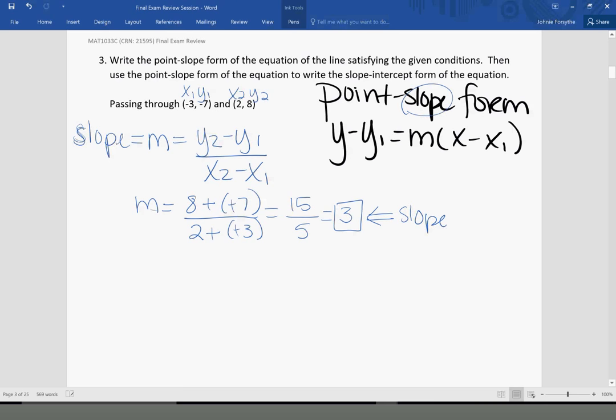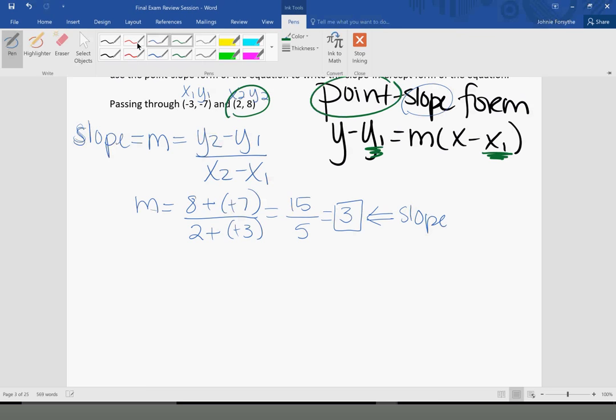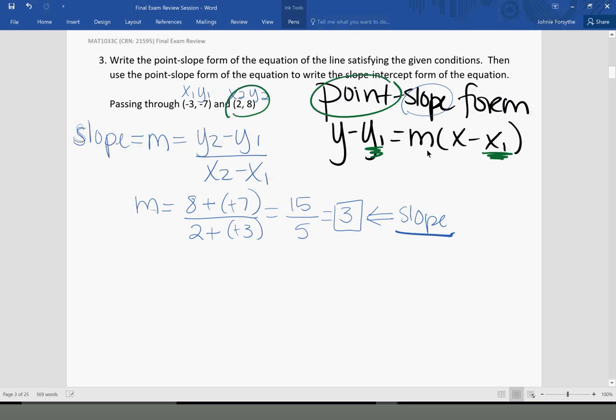So now we have the slope part of point-slope form. And then now we need to just choose a point for the point part of point-slope form. And so you can choose whichever point you want. I'm going to choose this one. It doesn't really matter which you use. So the point 2, 8 is going to go in for x1 and y1. And then the slope goes here for m. Okay, so we've got y minus